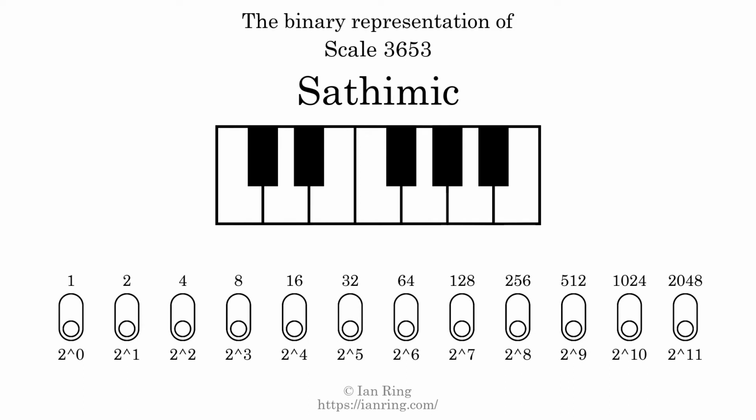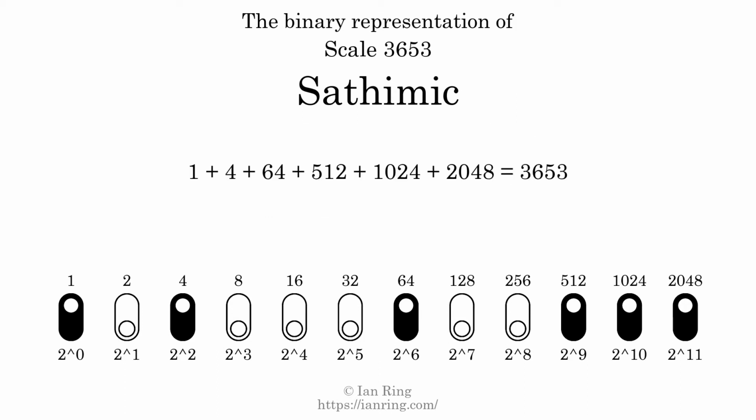The binary representation of this scale is determined by mapping tones of the scale to binary digits. Each binary digit represents a power of 2. To get the scale number, we add the powers of 2 together. The powers of 2 that are present in the scale, all added together, equals 3653. That is why the scale number, in decimal, is 3653. The scale number not only enumerates the scale with a unique index, but it also literally describes the tonal content of the scale. Represented as a binary number in base 2, the scale number is